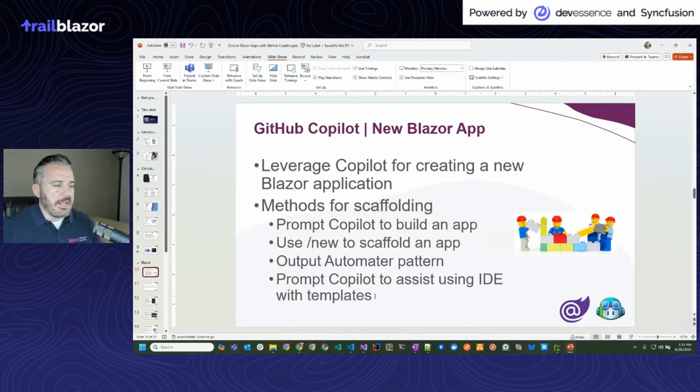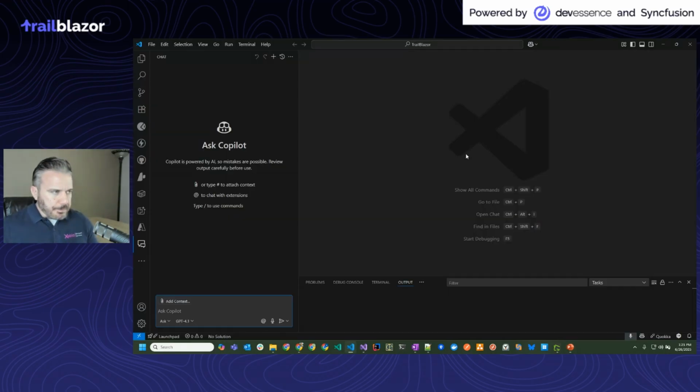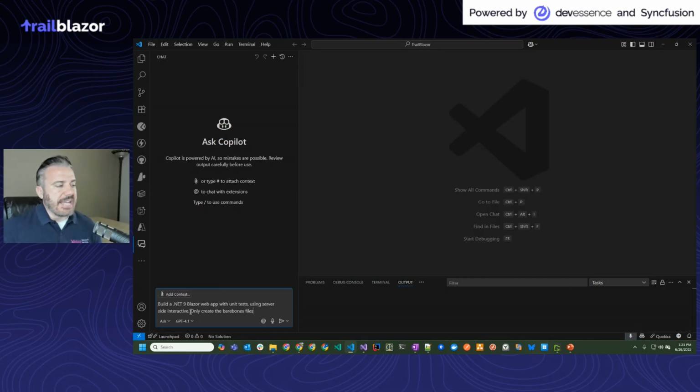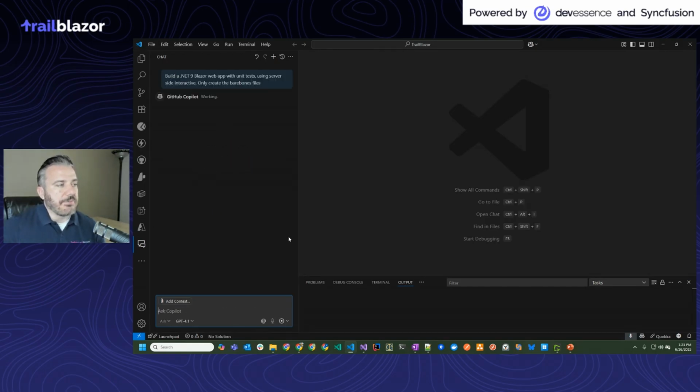So we're going to go ahead and move into, this is a blank directory right now. Let's start with an initial prompt under Ask. I'll talk about the different modes here in a minute. But I just want to ask it, build a .NET Blazor web app with unit tests using server-side rendering. I want it to only create the bare-bones files. So when I submit that, it's going to go through and